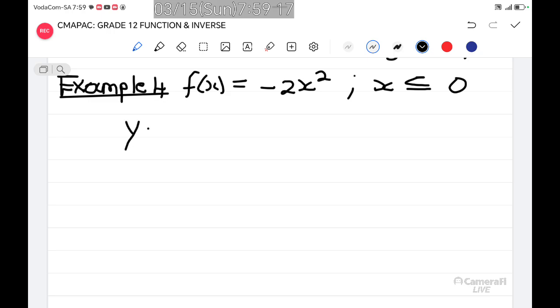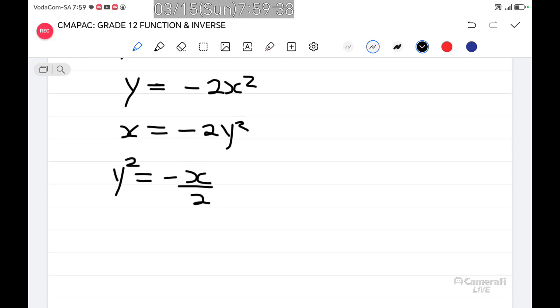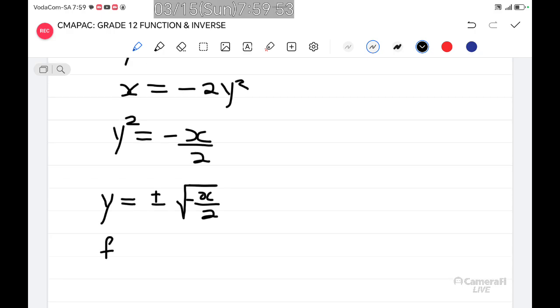Therefore, we know y is going to be negative 2x squared. Interchanging x and y gives me x equals negative 2y squared. Dividing both sides by negative 2, we are left with negative x over 2 equals y squared. You take the square root. If you take the square root, it's going to be plus or minus the square root of negative x over 2. Then we have the inverse of f of x, which equals plus or minus,